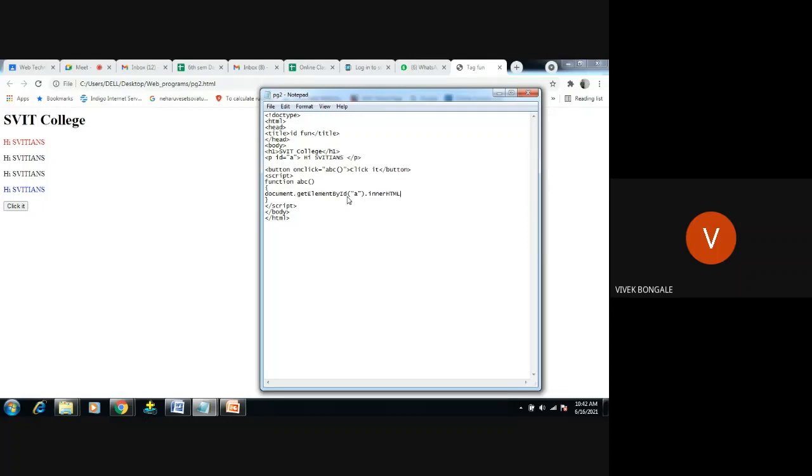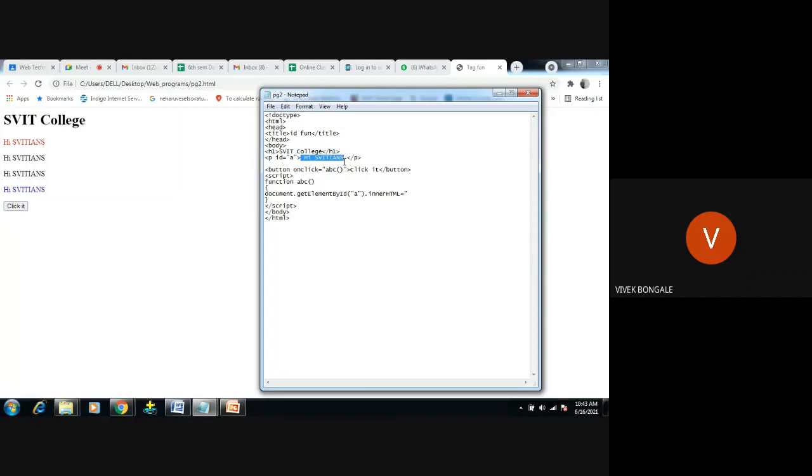What will this innerHTML do? Whatever statement we are giving under this ID A, it will change the entire text to whatever text we give under this property innerHTML. So it will look into this ID A, and this entire statement, HiSVTians, will be replaced.